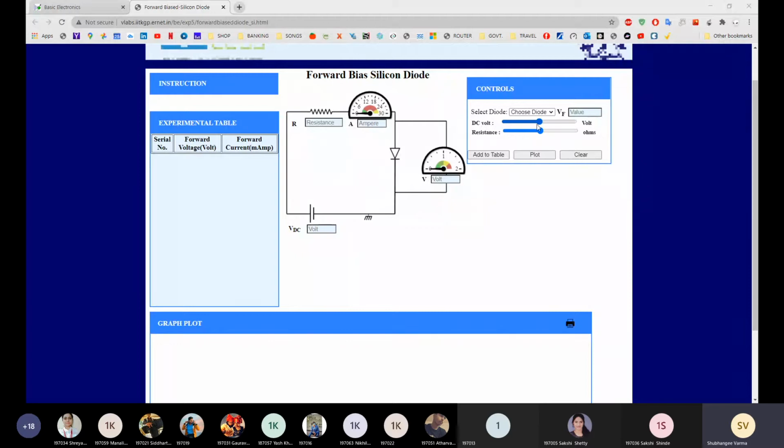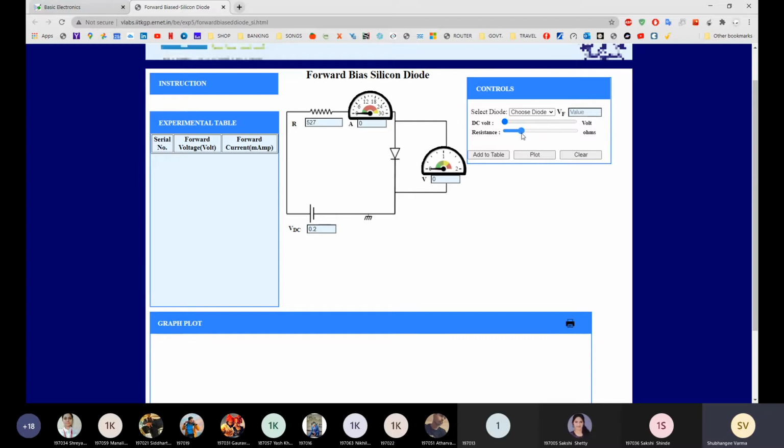Okay, so first we will make the voltage 0. So see, from controls, I am changing the controls. So by changing the controls, you can change this voltage. So here my voltage is 0.02, and resistor we will set as 100 ohm. Now we will set 500 ohm.